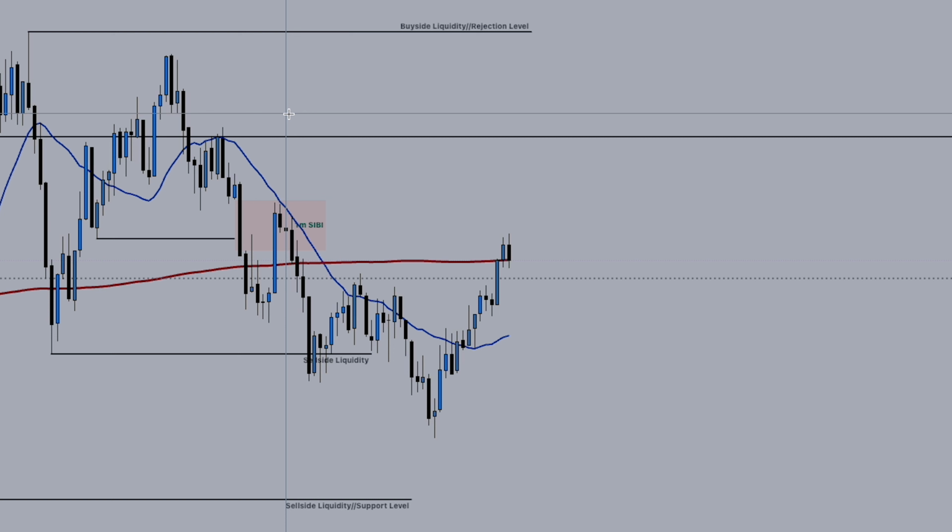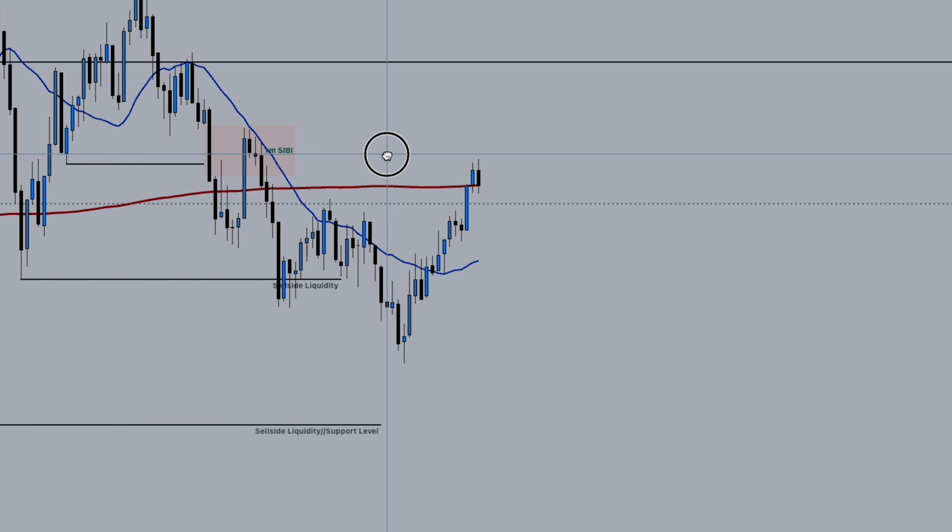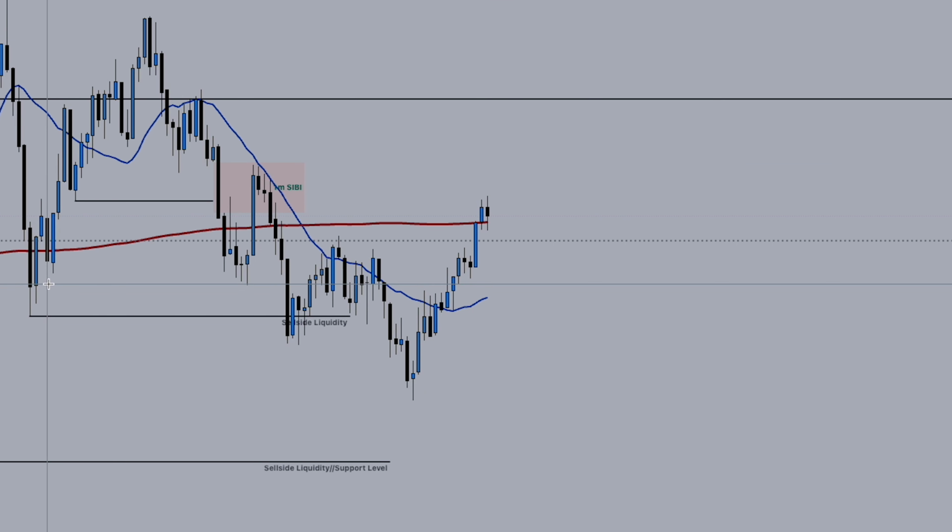Like if I'm using a basic 20/200 moving average strategy, I'm looking to short below those moving averages, right? And so we have this would be a major sell side liquidity pool, and this would be a